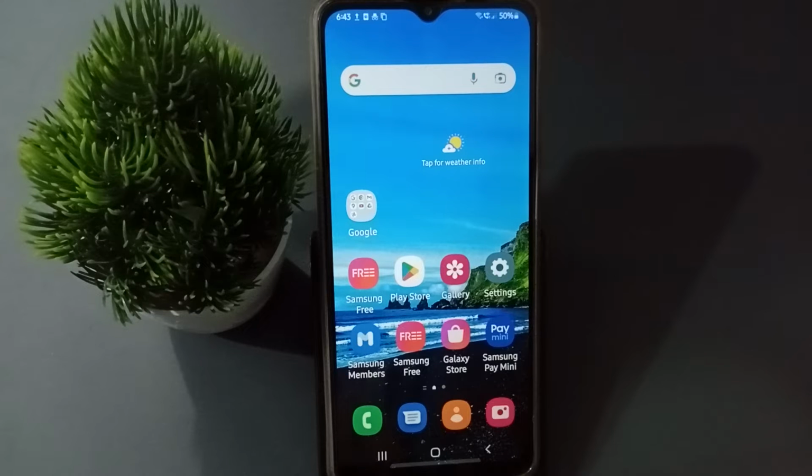Hello friends, today in this video I'm going to show you how to set lock screen wallpaper on